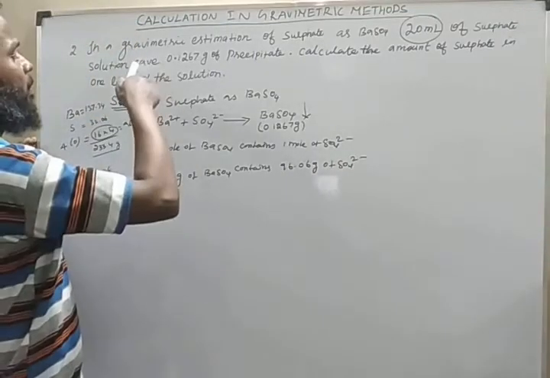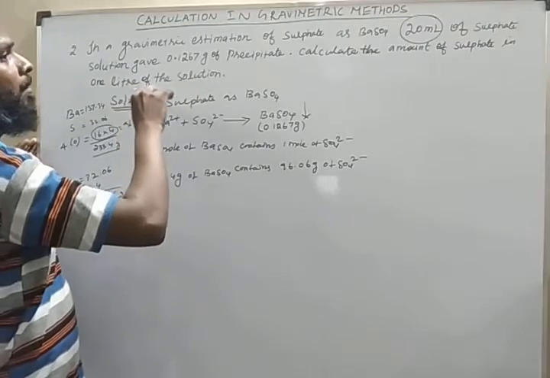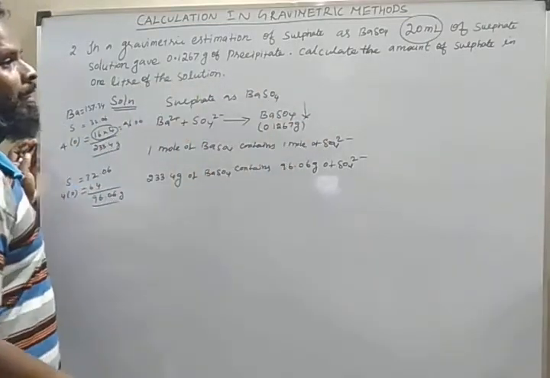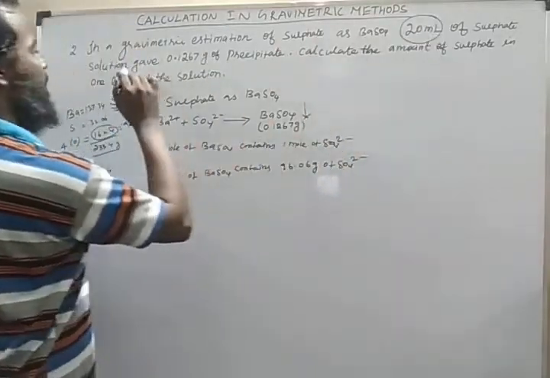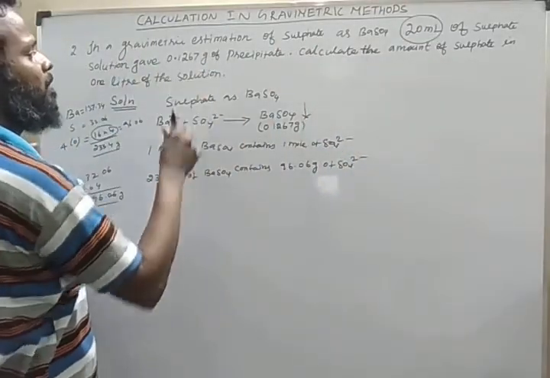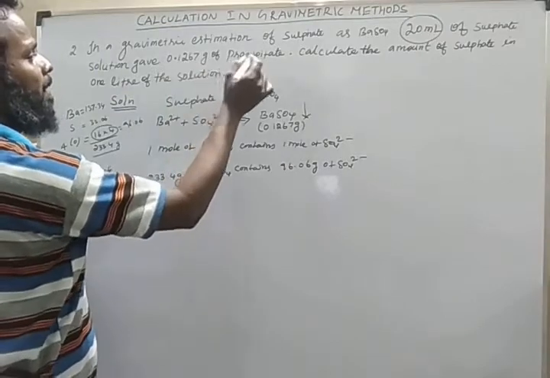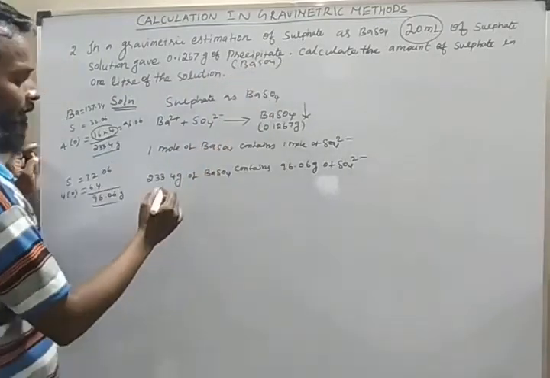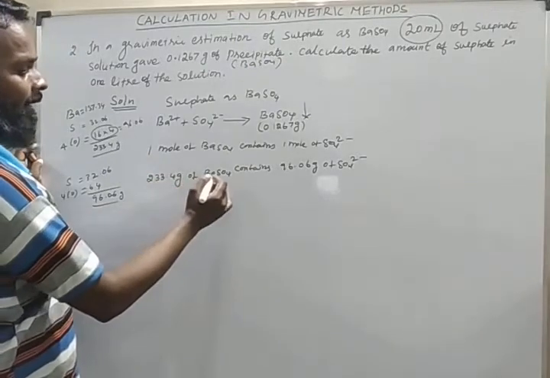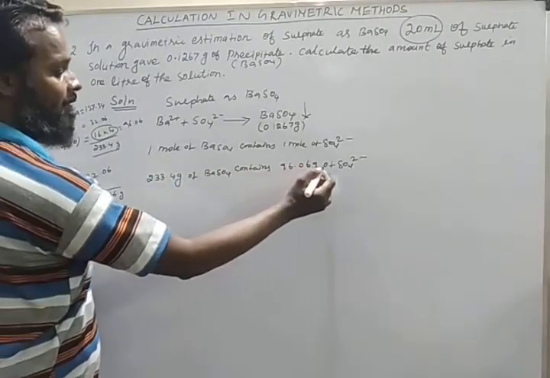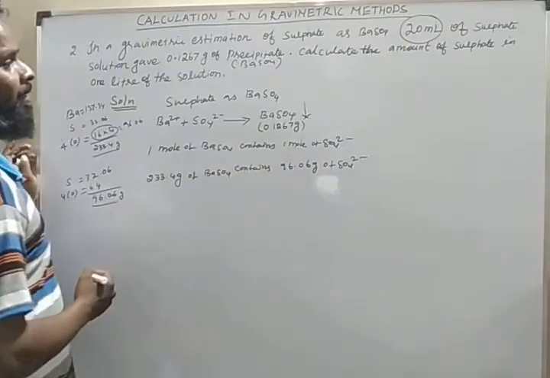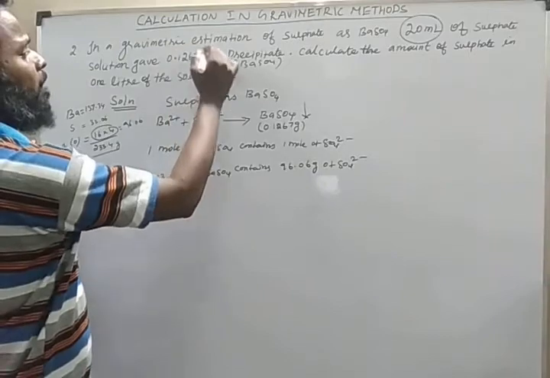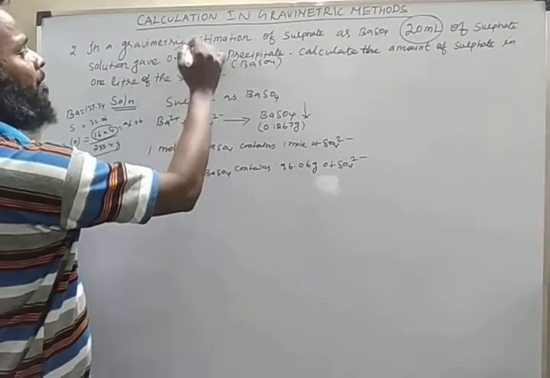Here in the question they asked, calculate the amount of sulfate present in 1 liter of the solution. Here 20 ml of sulfate solution gave 0.1267 gram of the precipitate. The precipitate formed here is barium sulfate. Here we know 233 gram of barium sulfate contains 96 gram of sulfate ion. So if it contains like this, how much amount of the sulfate is present in